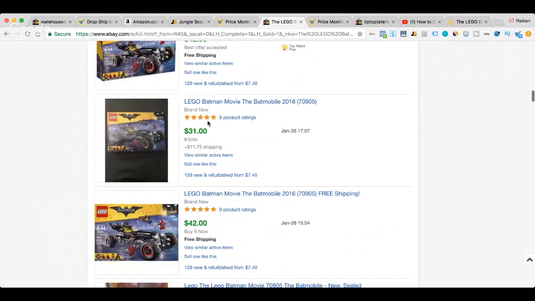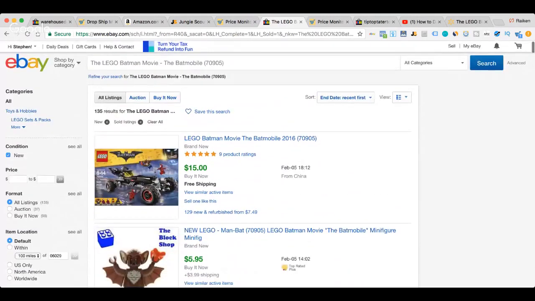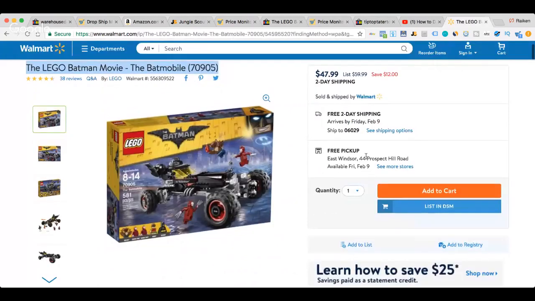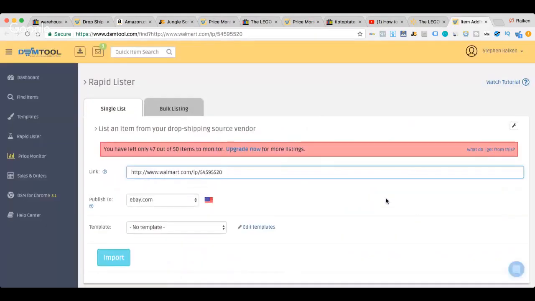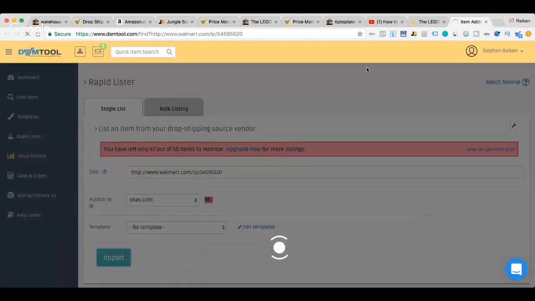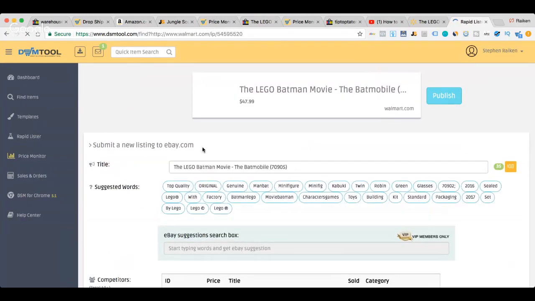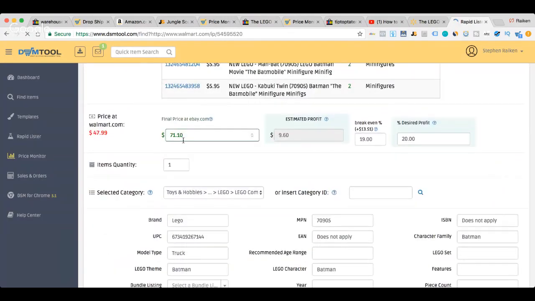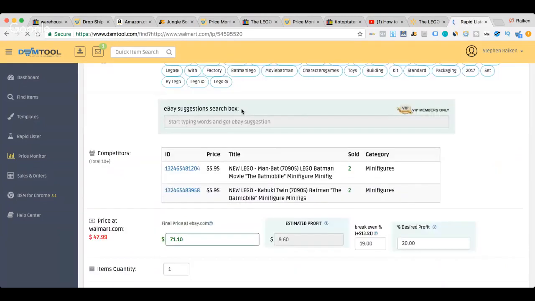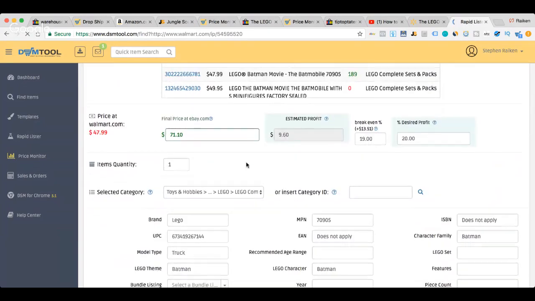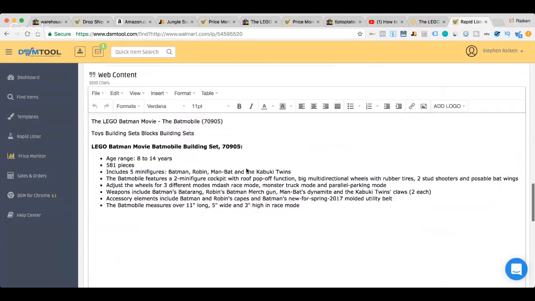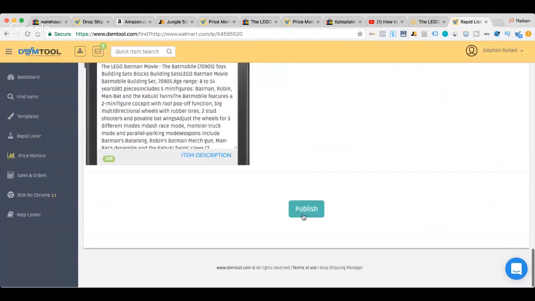Let's just use this as an example. It doesn't look like a good example. I probably wouldn't list this, but let's just do it for fun. List in DSM tool. Let's see if it links up. Perfect. I'm going to import that in. I'm sure that annoying little pop-up is going to say hello. Did it? Oh, no, it didn't. Cool. So everything's listed. So yeah, pretty easy. And then I would just go into here and I would hit publish.